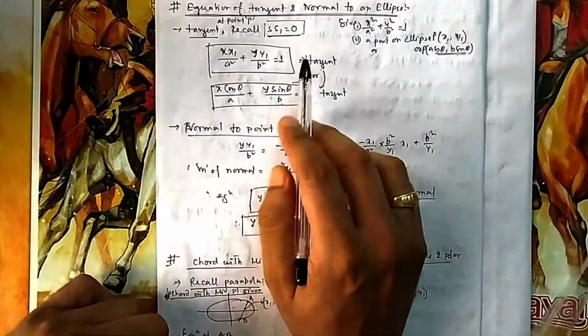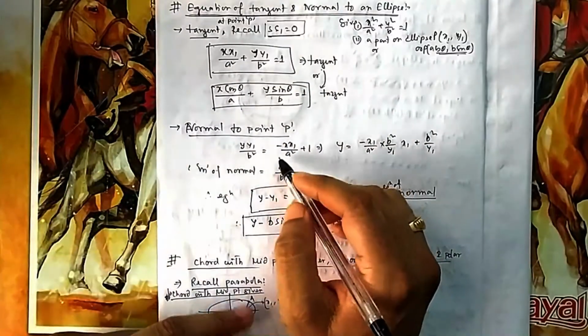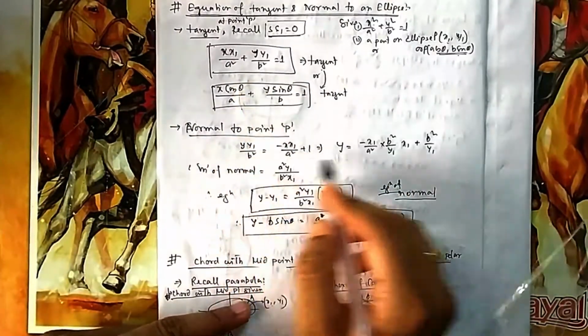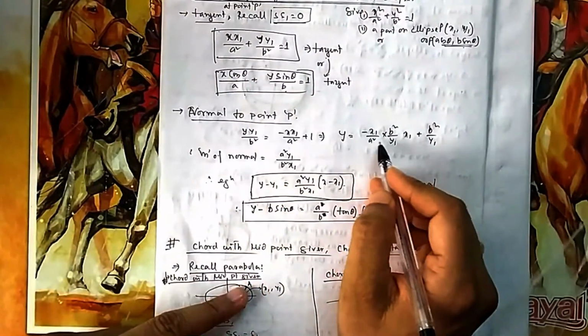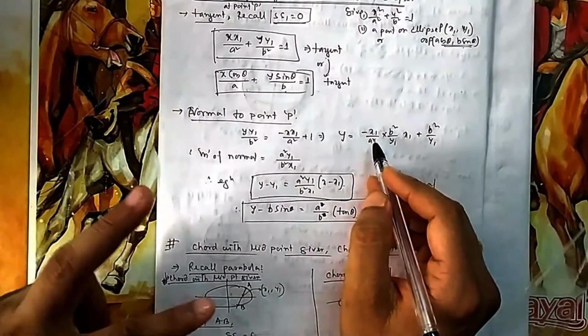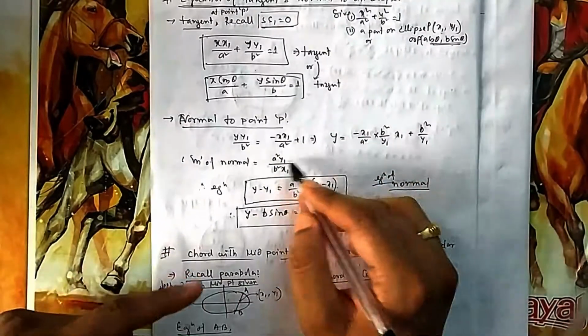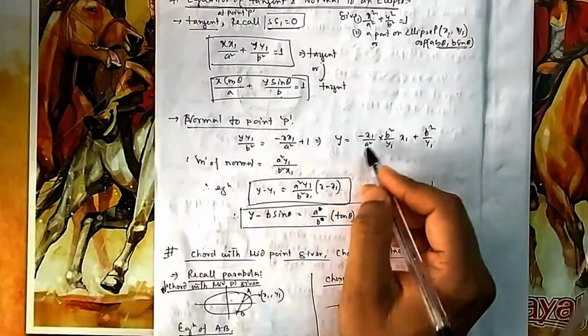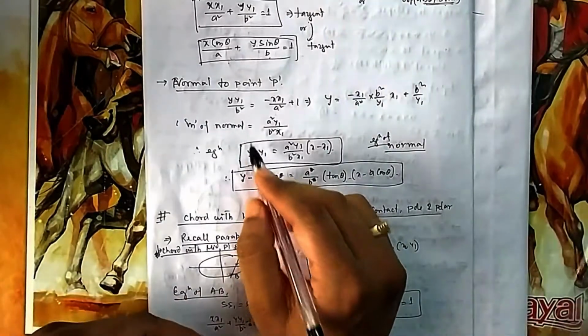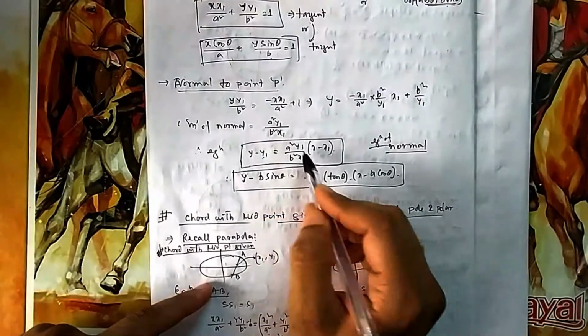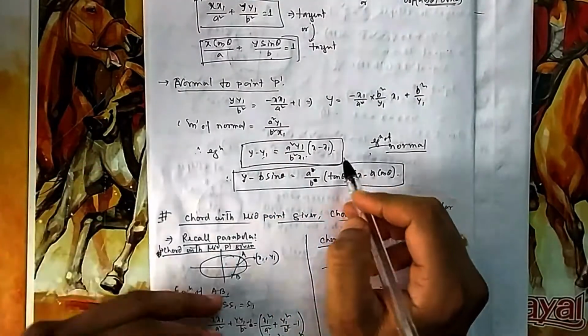Normal. Once you know the tangent, I told you, you can easily find the normal. This is the equation of tangent, and you can find this slope. This is the slope of the tangent. So the normal slope will be such that this into the normal slope should be equal to -1. So this one will be minus the reverse of this one. You can see if you take the product, it will be -1. So what is the equation of normal? The point is x1, y1, and this is the slope. So this is the equation of normal.